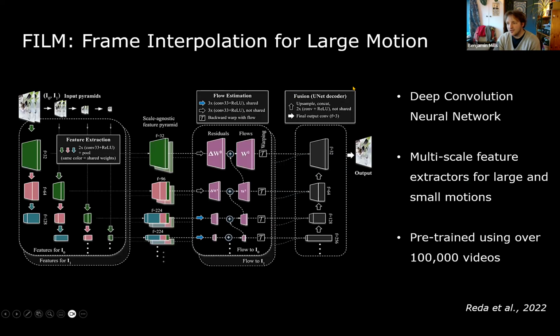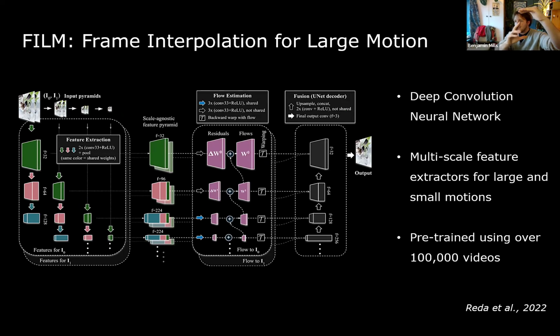Another thing that helps us do this interpolation is machine learning and deep learning approaches. This is something called FILM, frame interpolation for large motion. It's a machine learning technique that's often used in the film industry to speed up footage, to put missing frames into footage. This can increase your frame rate if you want to do that, and it can help you with animation, so you don't have to draw your cartoon characters moving each frame. You can interpolate between them using machine learning. The way this works is it takes input pyramids, which are looking at the snapshot. So you might imagine a screenshot of a film.